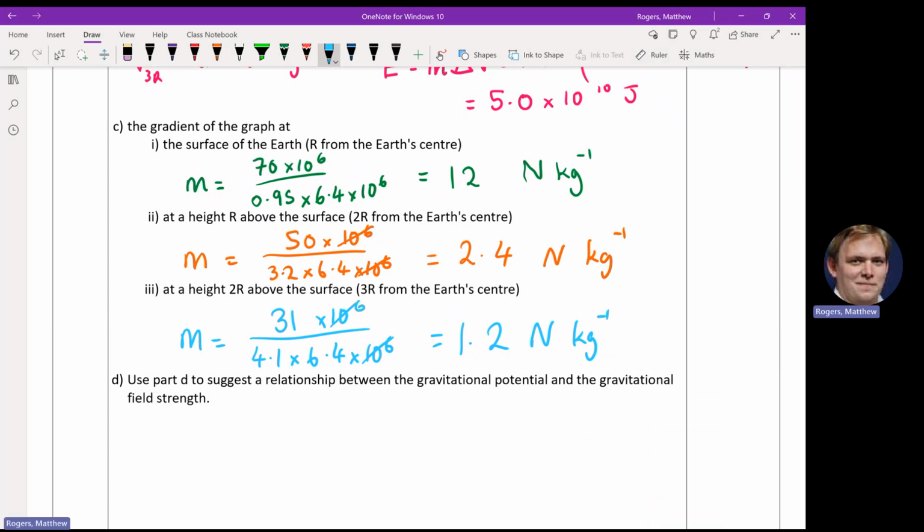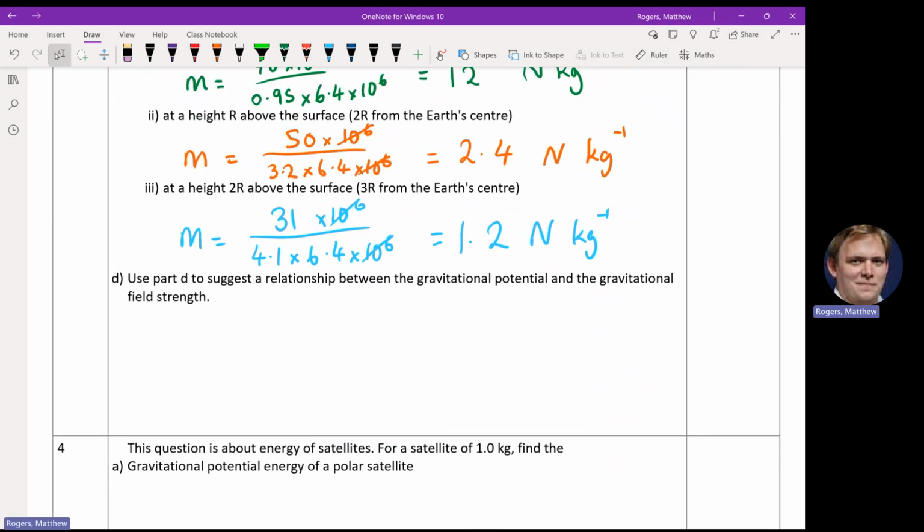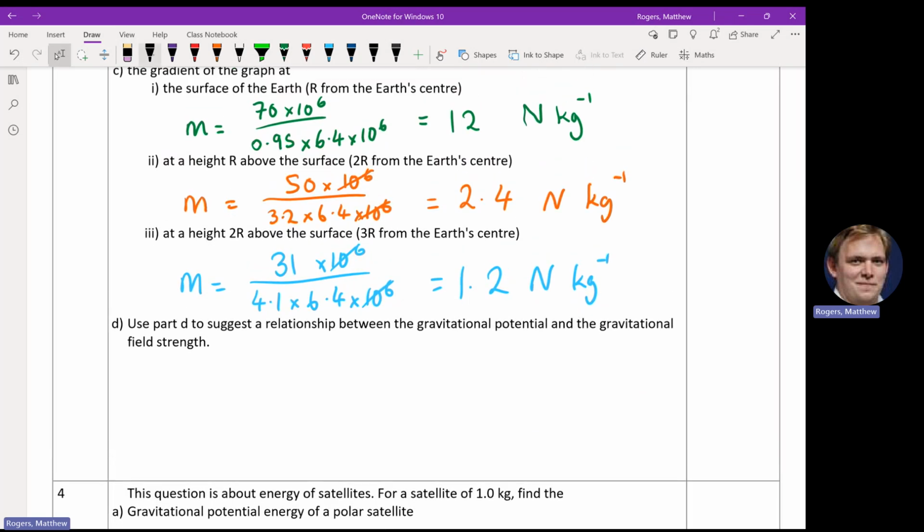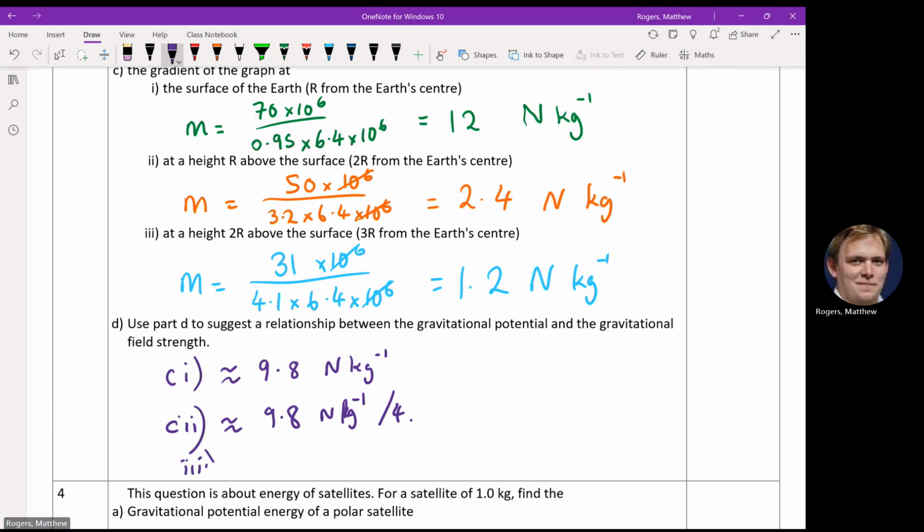And then D says suggest a relationship between the gravitational potential and the gravitational field strength. So with our results, we can just about see this. The first one perhaps will have put us off slightly, but if we say C(i) is approximately equal to 9.8 newtons per kilogram, C(ii) is approximately equal to 9.8 newtons per kilogram over 4, and part 3 was approximately equal to 9.8 newtons per kilogram over 9,